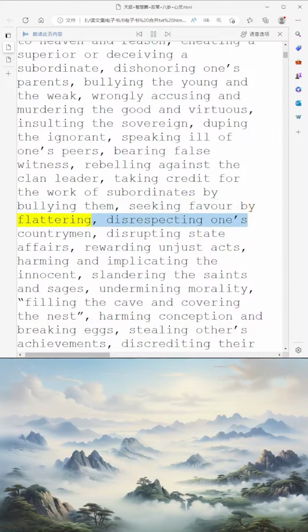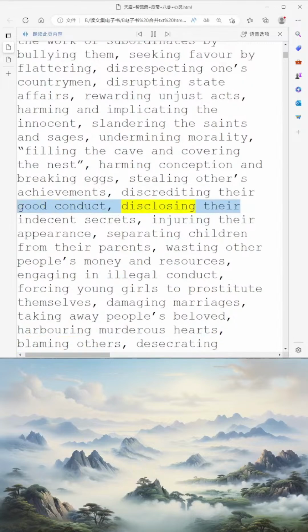disrespecting one's countrymen, disrupting state affairs, rewarding unjust acts, harming and implicating the innocent, slandering the saints and sages, undermining morality, filling the cave and covering the nest, harming conception and breaking eggs, stealing others' achievements, discrediting their good conduct, disclosing their indecent secrets, injuring their appearance, separating children from their parents, wasting other people's money and resources,